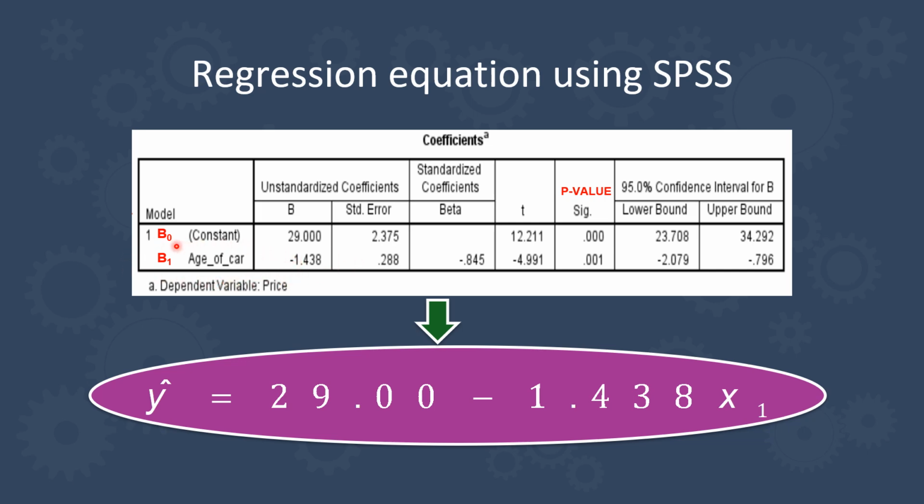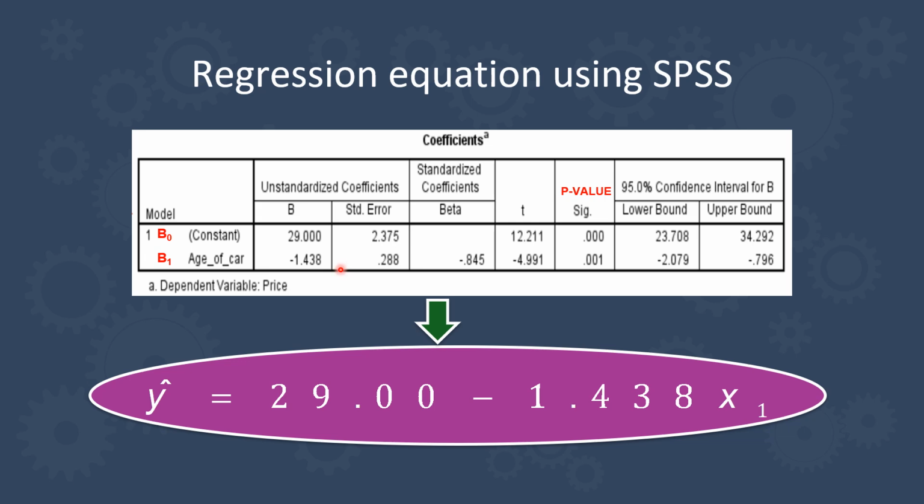This value represents the amount by which the car's price is expected to decrease, because of the minus here, for each additional year of age. So the slope value is minus 1.438, which means that approximately for every year older the car gets, its price is expected to decrease by Ringgit Malaysia